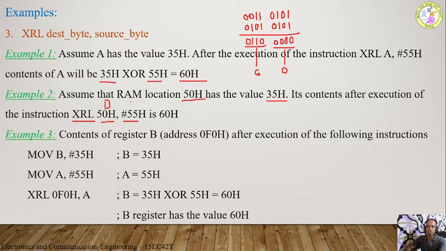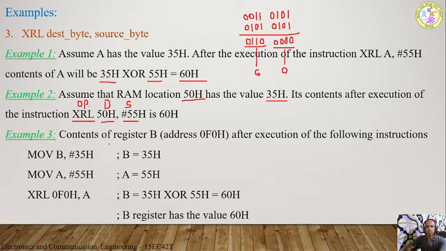This is the destination and this is the source, whereas this is called the opcode. So this is the instruction format: opcode, destination and source. The destination may be a register, memory location, indirect address, whatever it may be. And again the source may be immediate data, or it can be a register, or a special function register, or a memory location, or an indirect memory location. So it could be anything.